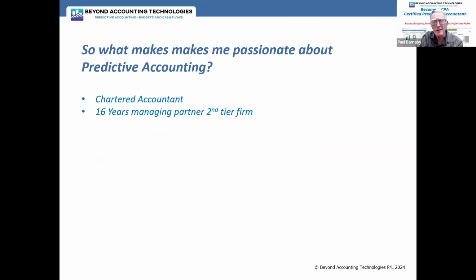I was 16 years managing partner of a second-tier firm in Wellington, New Zealand, and before I start hearing state of origin or rugby or cricket or any other jibes, which you're very welcome to do, I actually have dual heritage. I have as much Australian heritage as I have New Zealand, and I'm very proud to say that I'm a resident of both countries.